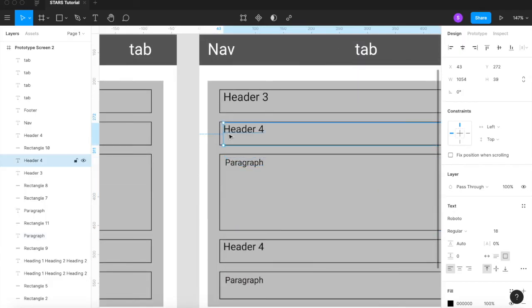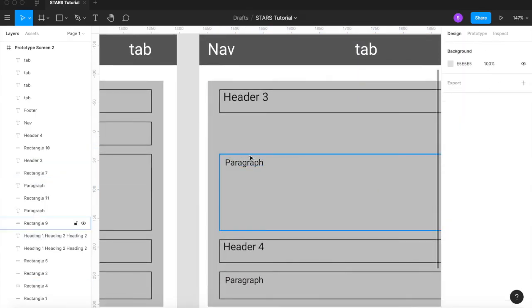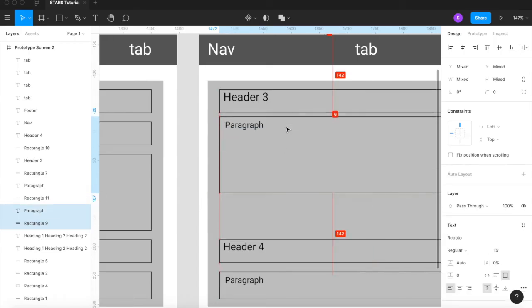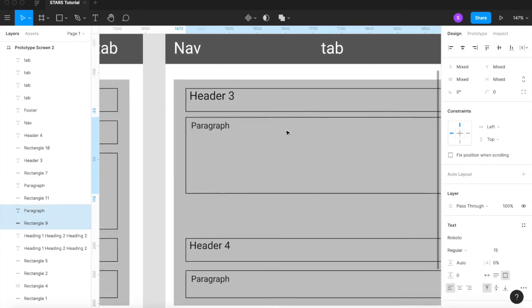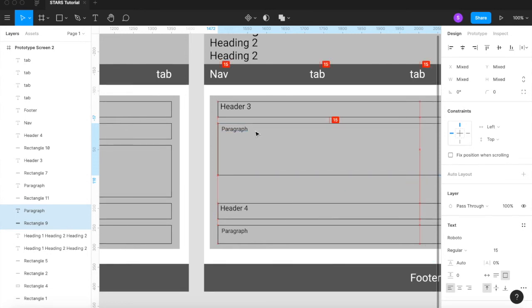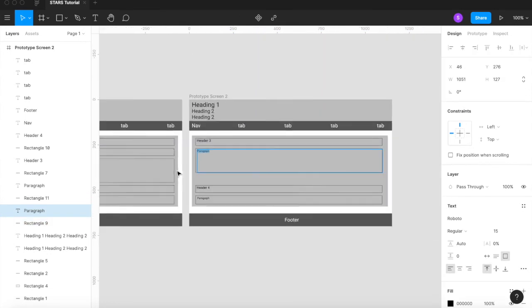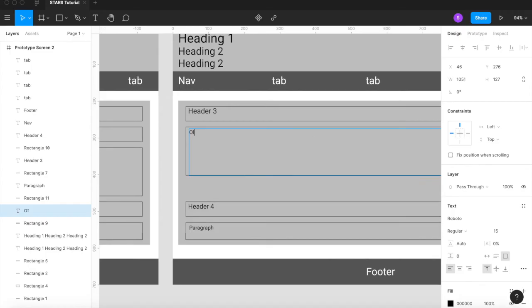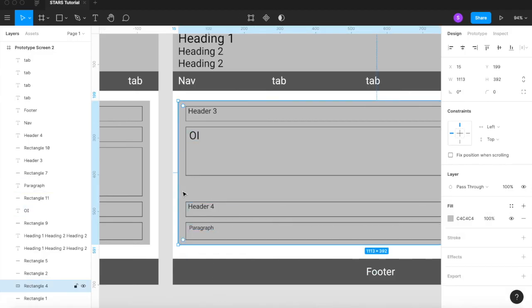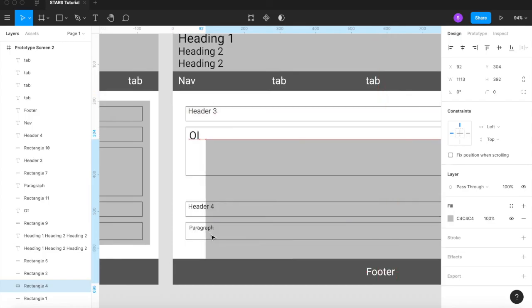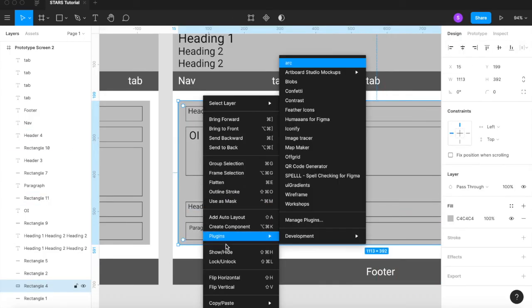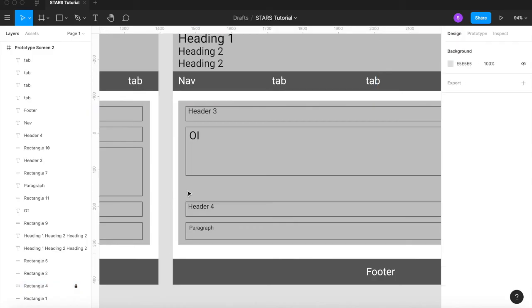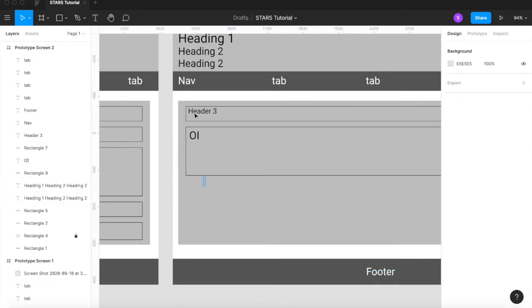So I'm going to delete header 4, and I'm going to move the paragraph up just because that element is larger in the paper prototype, and I'm going to change the text here in a moment. But I'm going to use those alignment tools to make sure they're 15 pixels apart, and I'm going to put OI in that box and make it a little larger to match up with the paper prototype. And yes, I'm going to manipulate with the text tool and then make it so that I can move header 4 up, but I needed to lock the gray box because it wouldn't move without